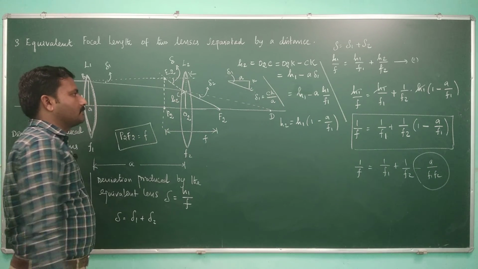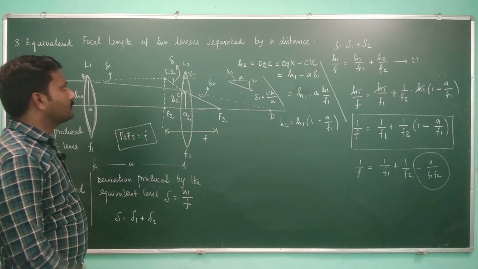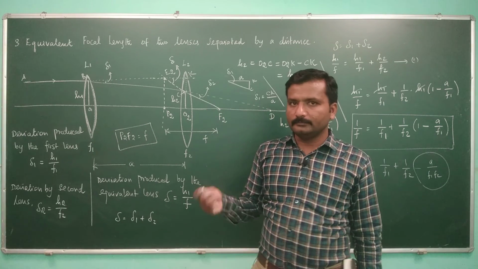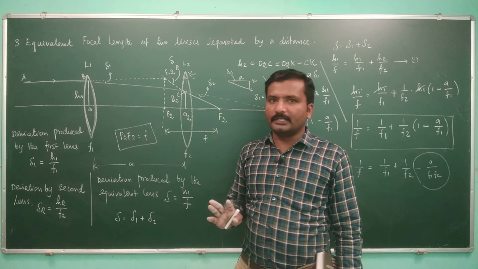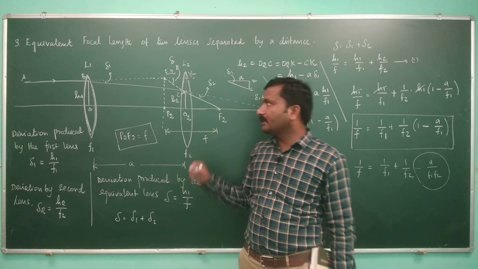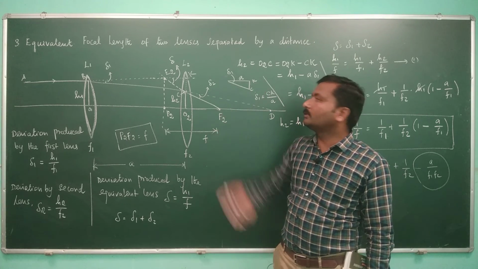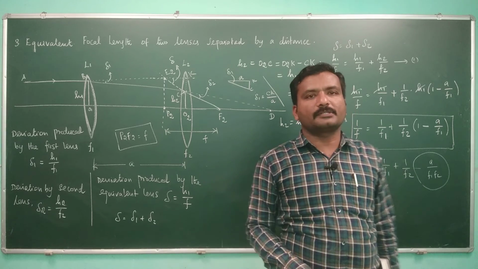So today we have discussed the expression for a deviation suffered by a light ray due to a thin lens, then equivalent focal length for the two lenses in contact, then equivalent focal length for the two lenses separated by a distance. Let me stop here